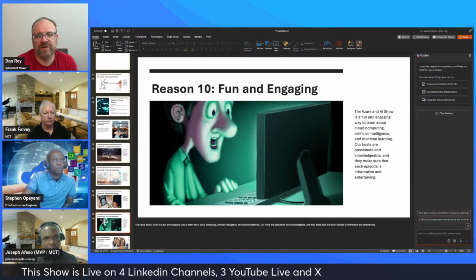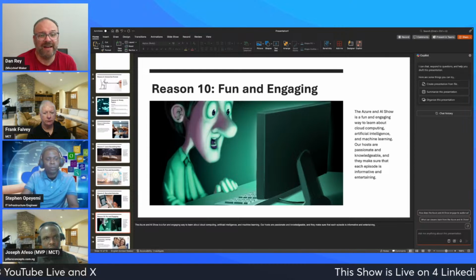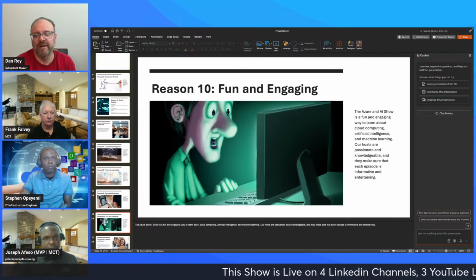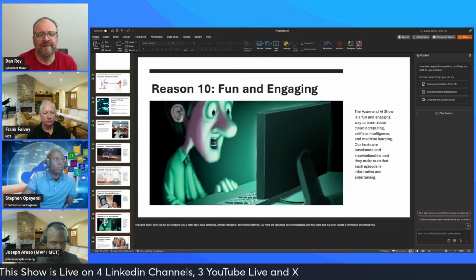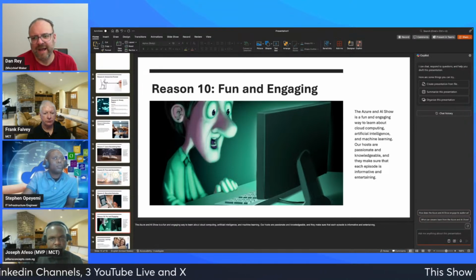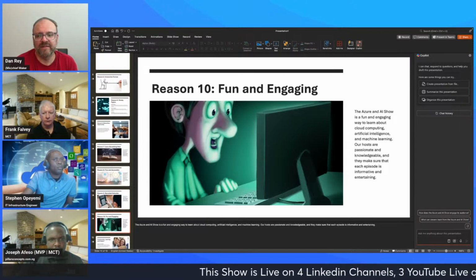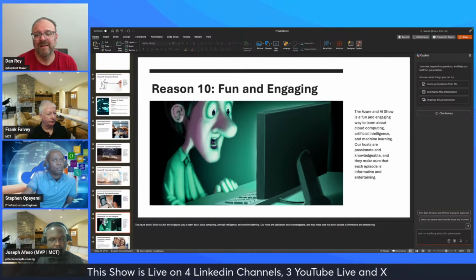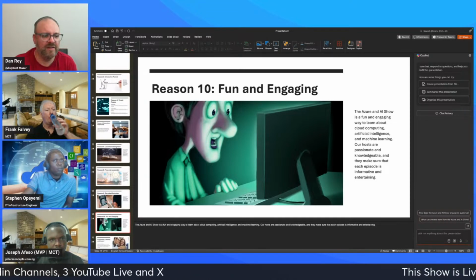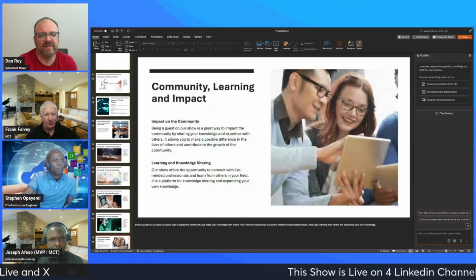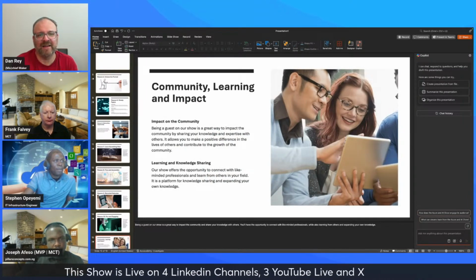And then reason number 10, fun and engaging. These are all slides that Copilot came up with and graphics that Copilot came up with for me. So if I wanted to add something else about fun and engaging, maybe put learning back into this or other points for these 10 reasons, I have the ability to change the graphic. I have the ability to summarize this presentation, maybe put the 10 points into a single slide that just has the 10 reasons. But then Copilot also came up with additional slides because I asked it to highlight the community,